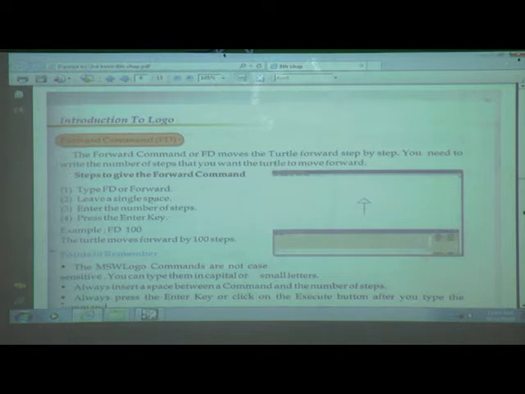We can write any number. Whichever number line we want, we can draw. After writing the number, for execution we must press the enter key.